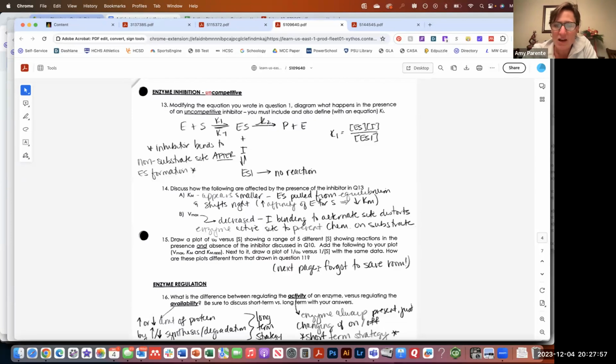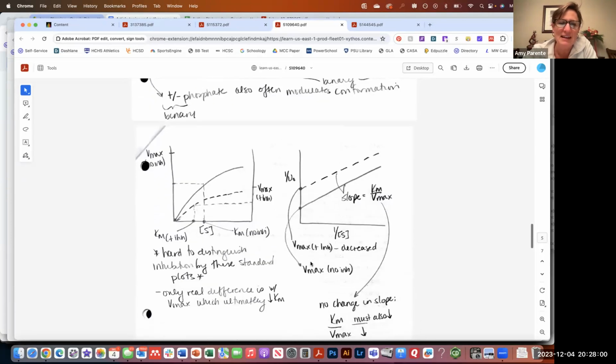Okay, thinking about how these look, I didn't save room here, so I'm going to come onto this next page, right? We have a similar looking plot for our intuitive plot. And it's hard to distinguish competitive and uncompetitive inhibition looking at this plot because we really don't know where these lines end up. So looking at a Lineweaver-Burk plot is going to be the best way to distinguish competitive versus uncompetitive inhibition, because you'll see parallel lines for uncompetitive inhibition. You'll see lines that converge on the same y-intercept for competitive inhibition. I may have misspoke there. Uncompetitive inhibition is having parallel lines.